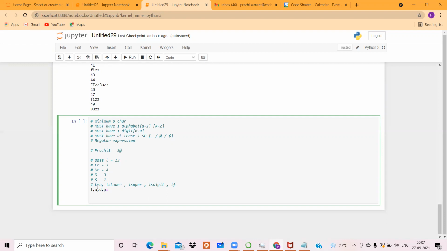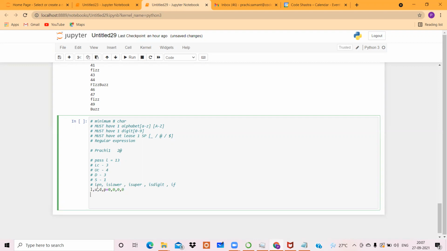For example, whenever it checks that I have found out the upper case letter, so upper case का counter 1 हो जाएगा. Second upper case letter मिलने के बाद उसका counter 2 हो जाएगा. Third upper case letter मिलने के बाद उसका counter 3 होना चाहिए. So they are basically a kind of counters for me and I am initializing them to 0 because starting में I don't have any value, I don't have any word, so that's why I'm keeping it as 0. Next, suppose assume करते हैं that we have been provided with some password. So we'll say that pass is equal to, and I'll write that password, suppose say Prachi @1.